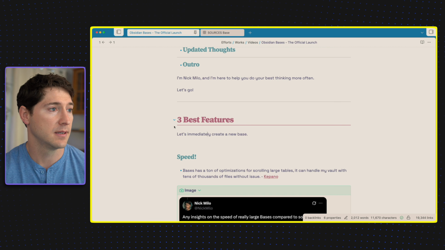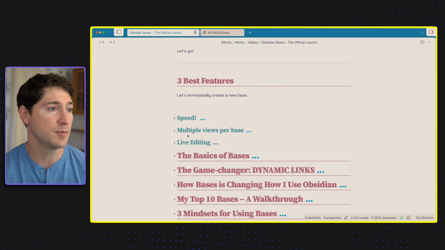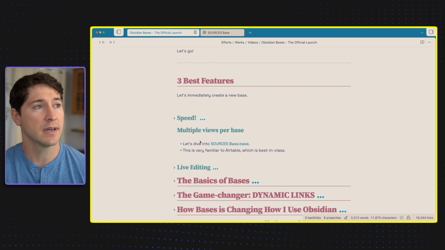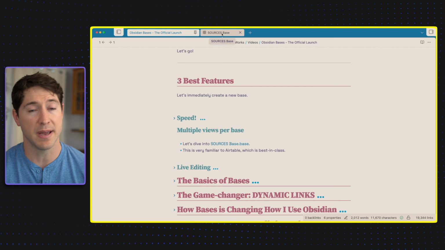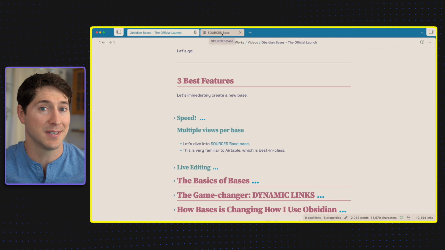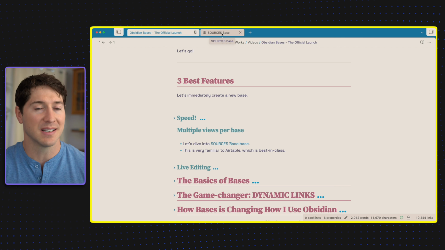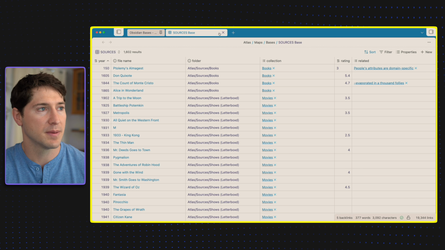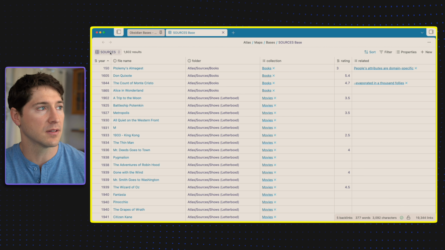And the next big feature outside of speed is multiple views per base. So for this one, I have open my sources base. All the cool outside sources that I've captured and brought in and collected and cultivated. All the good stuff. Now this, if we open up sources, we can see over here on the left-hand side,